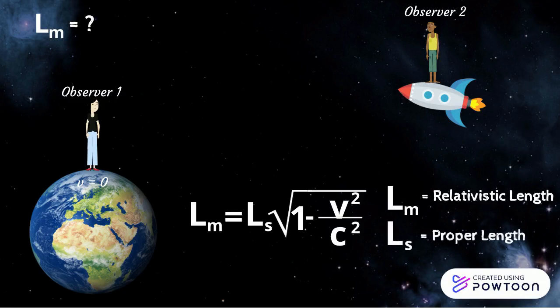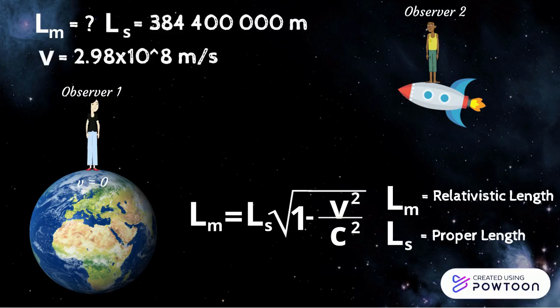Ls represents the proper length, or the length that is observed by the stationary frame of reference. Here, the observer on Earth is stationary, and the value measured is 384,400,000 meters. V is the velocity that the moving frame of reference is traveling at, so the spaceship is moving